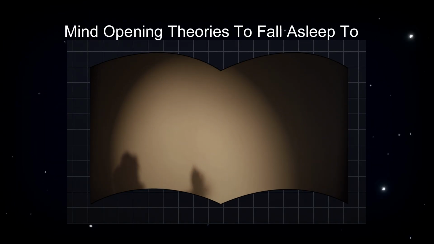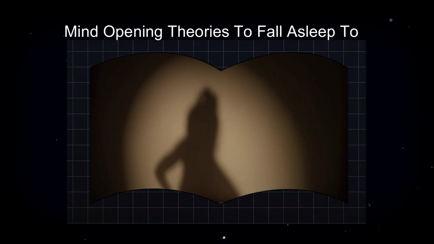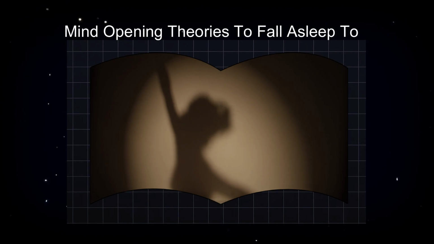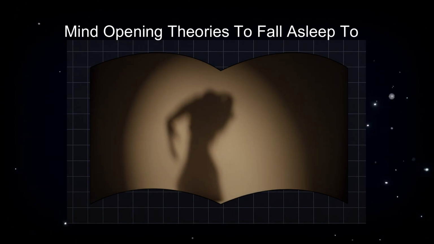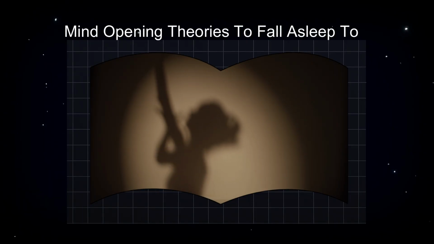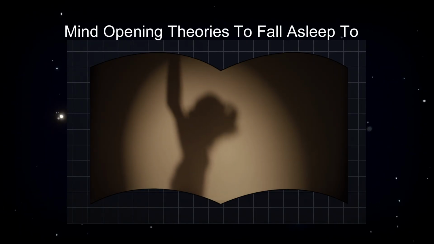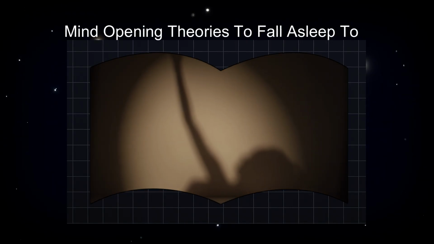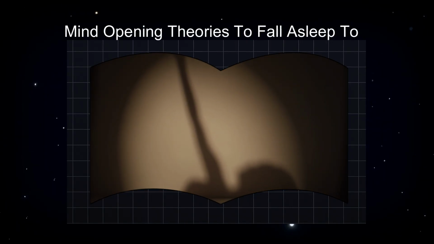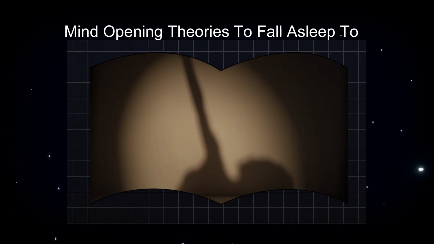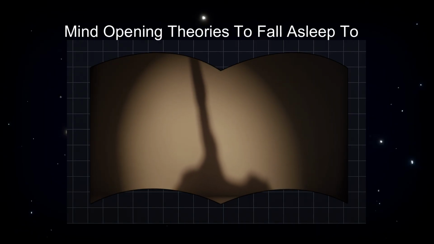Level 3. The many worlds interpretation. This one comes from quantum mechanics. Every time a quantum event happens, the universe splits. Every possibility branches off into its own timeline. So in one universe, you go left. In another, you go right. In yet another, you don't move at all. All of them happen. You're just experiencing one of the outcomes. The rest, they play out in other parallel worlds.